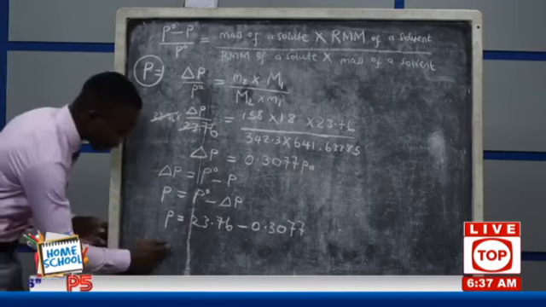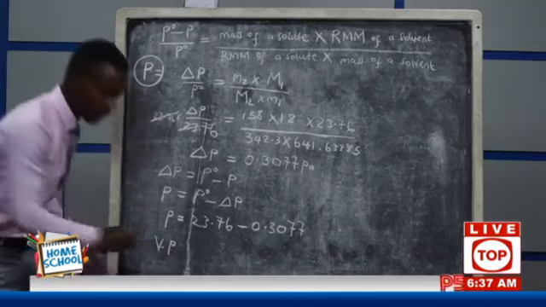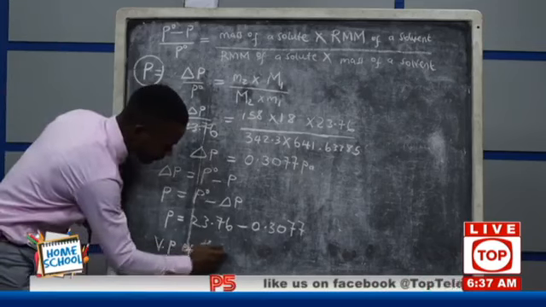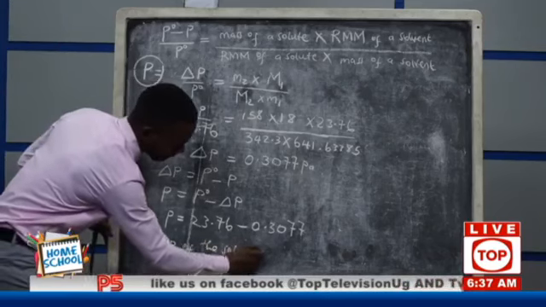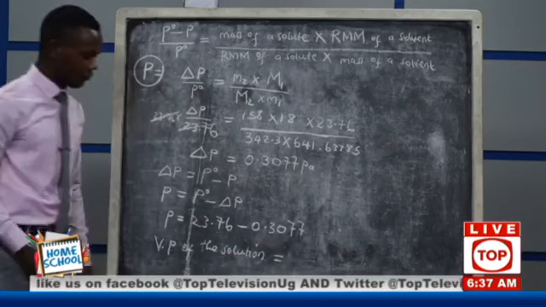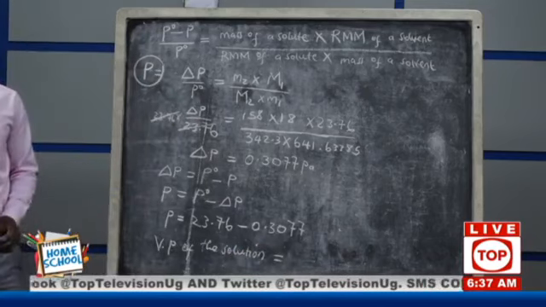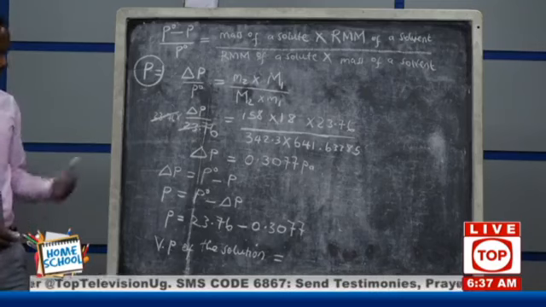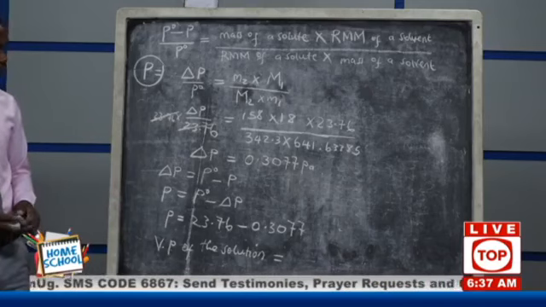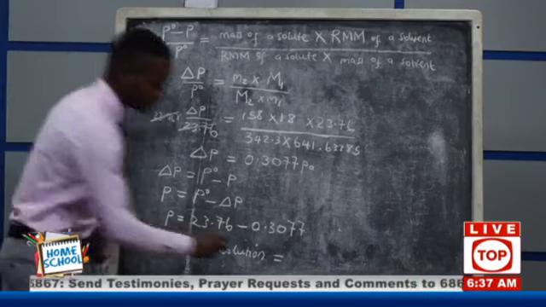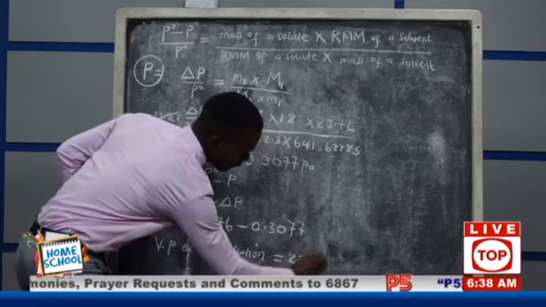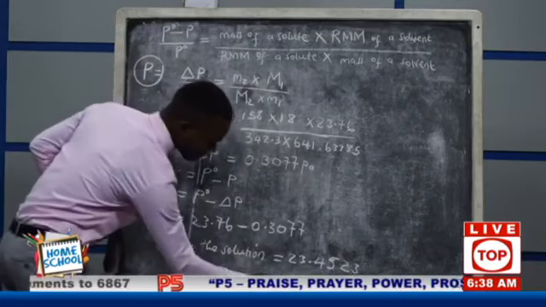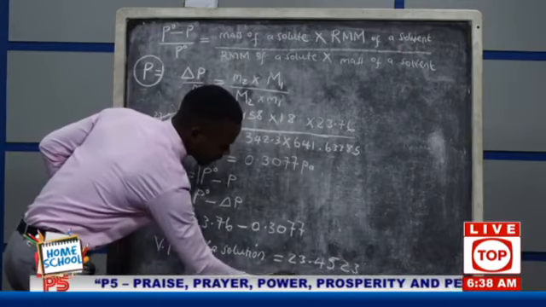So put it into your calculators and you'll be able to get the vapor pressure of the solution. That is 23.4523. This one is equal to approximately